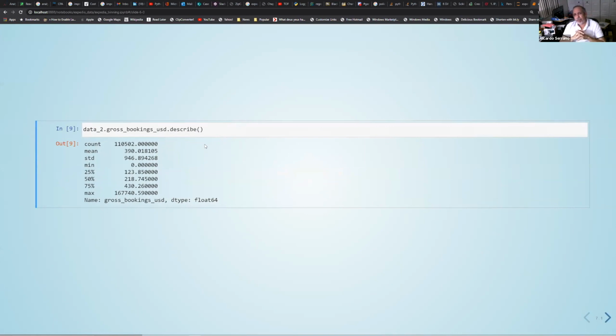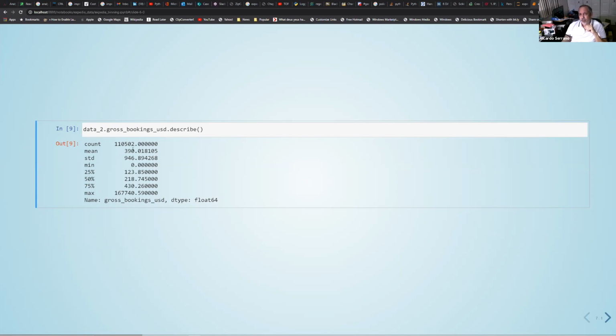So remember that we're going to deal only with the gross booking USD feature, in US dollars. With the describe function, you can get a glimpse of the distribution and the ranges of that data. For example, they give you the count, which is the number of numeric values, discounting the missing values.